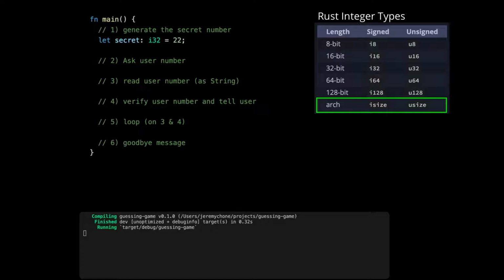architecture. So on a 64-bit computer, uSize will be U64, and on a 32-bit computer, uSize will be U32. And by default, Rust defaults to I32. And here we could have entered I64 and it would have worked exactly the same in this case. So now let's go back to the default here, the I32, and let's talk about the second type of numbers